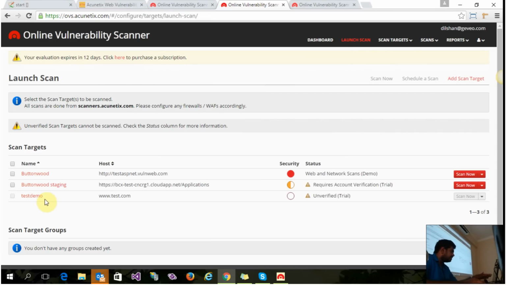Like here we can see that our test demo site is added to the scan targets, but we can't scan now because we didn't upload the verification file into the root folder, but we have already done it for our Buttonwood staging one. So after that we can,